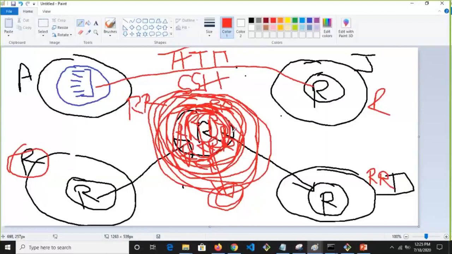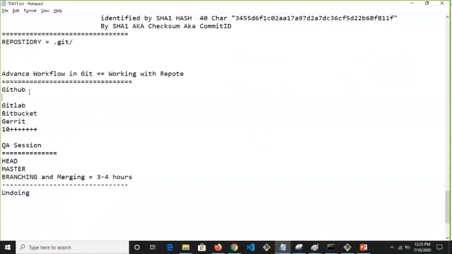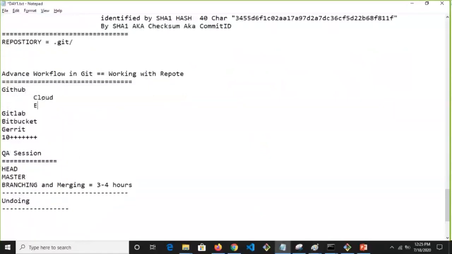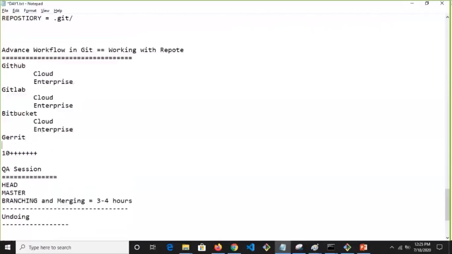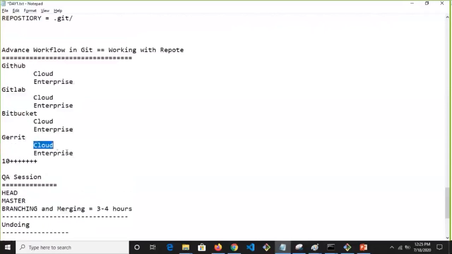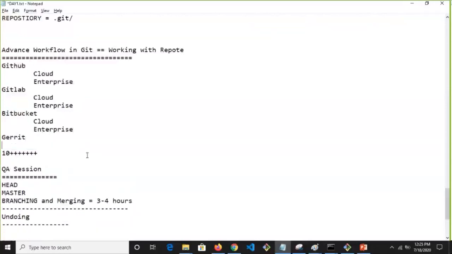So that is where you see that GitHub has a cloud version. They have an enterprise version. GitLab has a cloud version. We have an enterprise version. We have a cloud version, and by the way, this is free by Google. Okay.